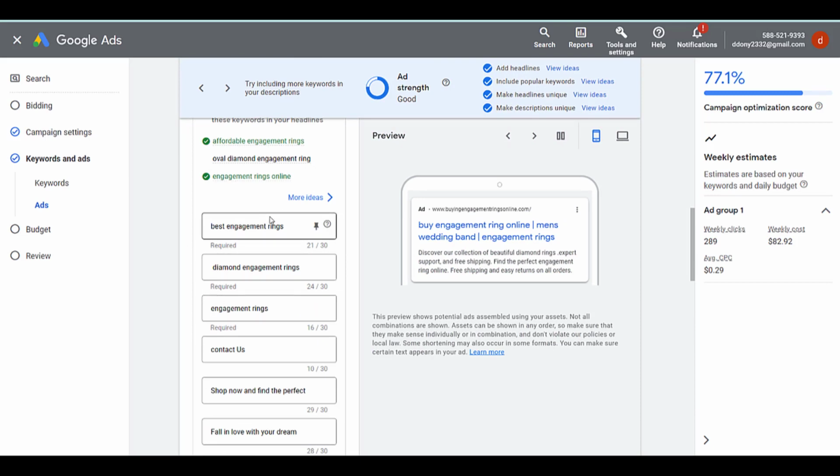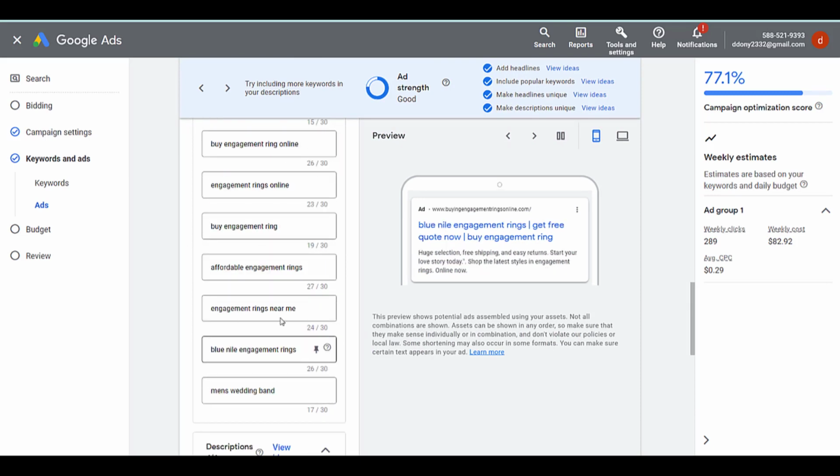You can fill everything in here based on Google Ads requirements, and make sure you have a good ad strength with the Google guidance and get a good score, and fill in here and all are checked.